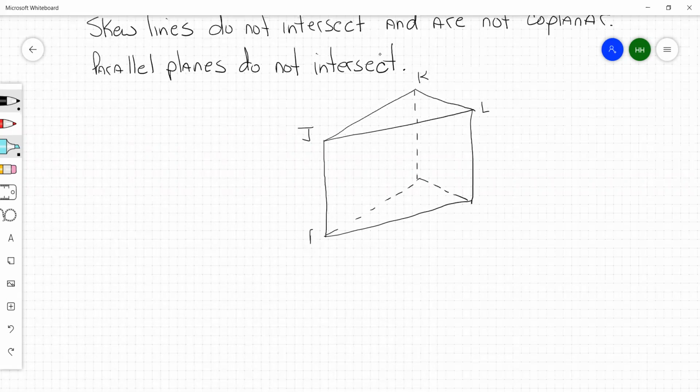And PQR. And then we're going to list segments parallel to JP. Segments parallel to JP. So if we highlight JP,